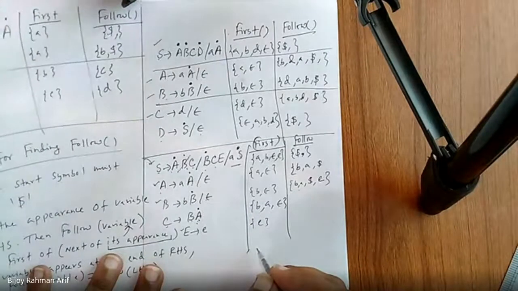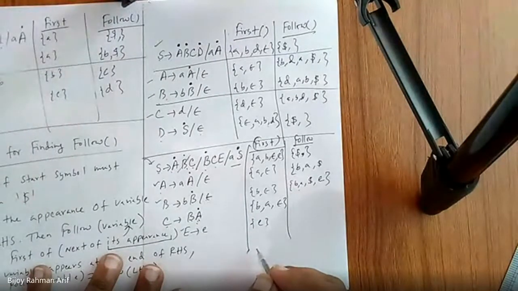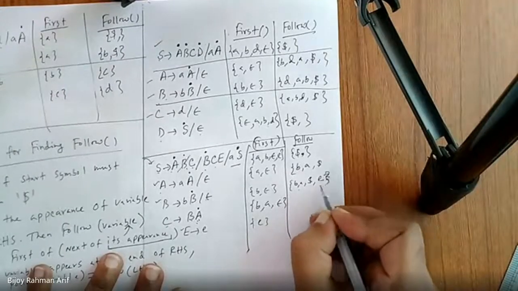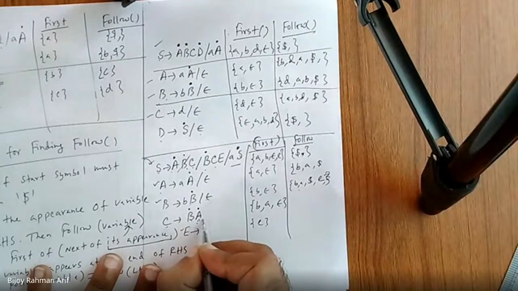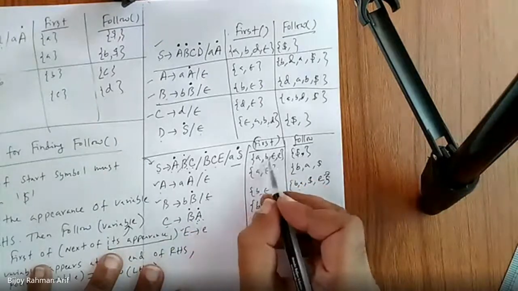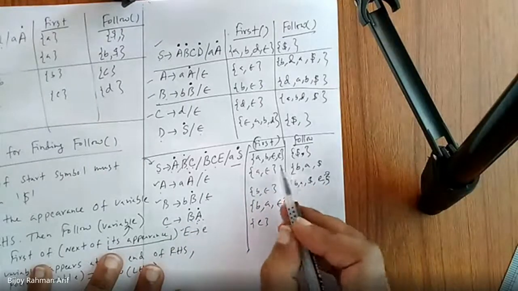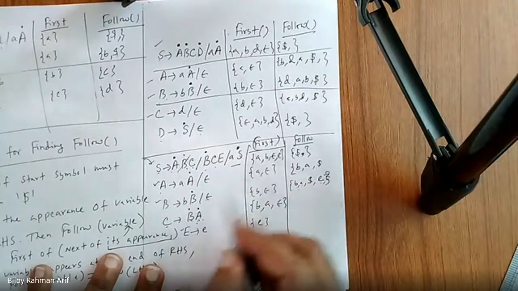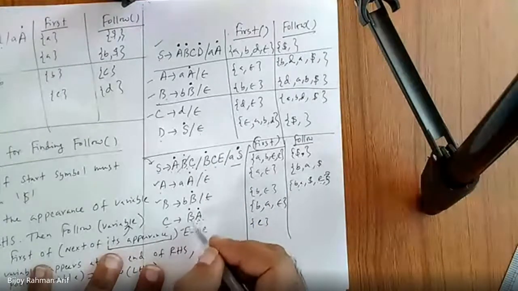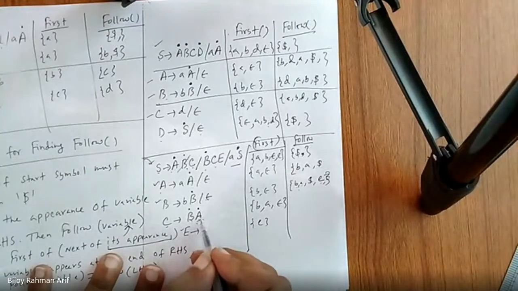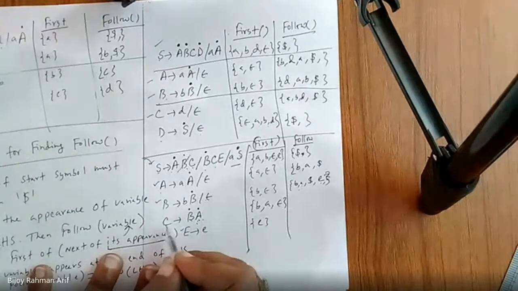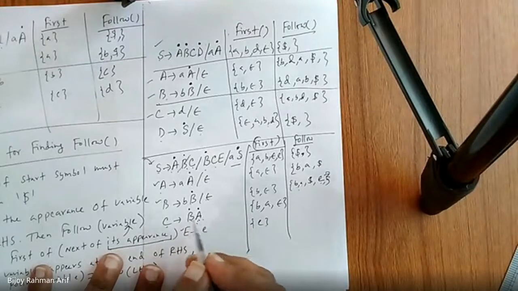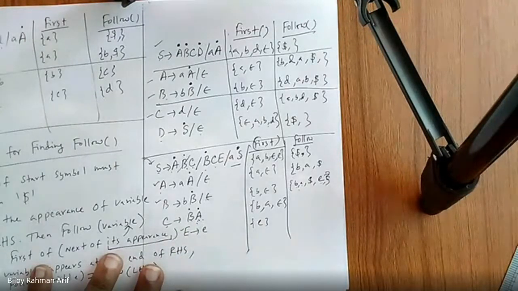But A is not complete yet. Yes, sir. A is not complete. Oh, sorry. B is not complete yet because there is another rule. Here B also appears. So follow of B is nothing but first of A. What is first of A? First of A is AB, epsilon. We are done. If you put epsilon here, then what happened? Nothing is there, but A appears at the end. So definitely follow of B is also follow of C. So what would be follow of C? We don't know. So we have to find out.